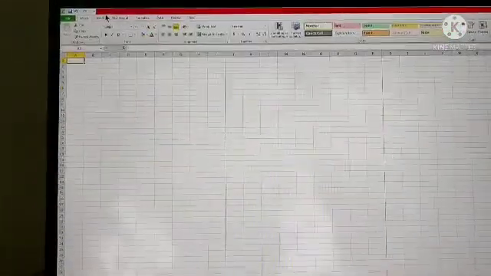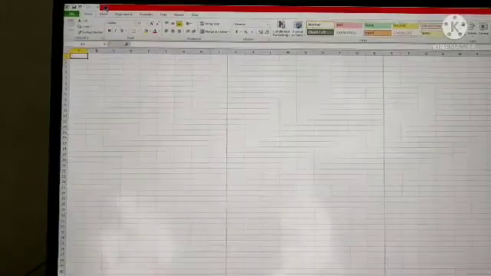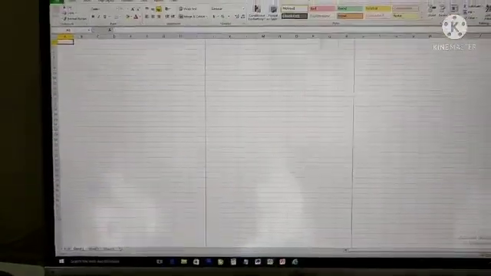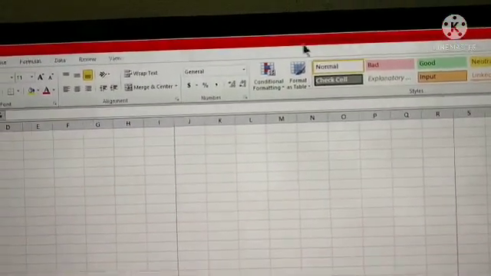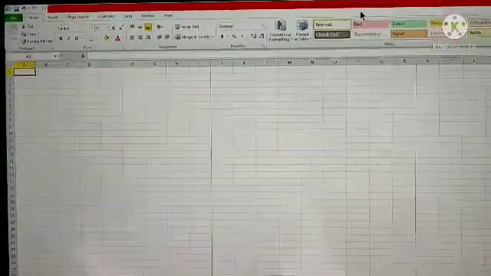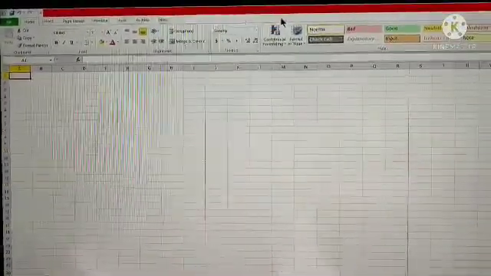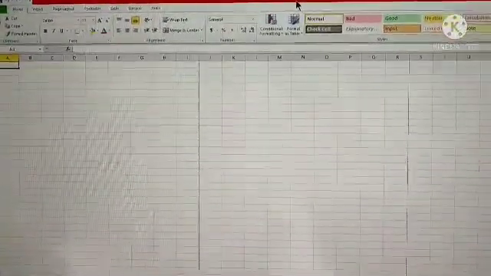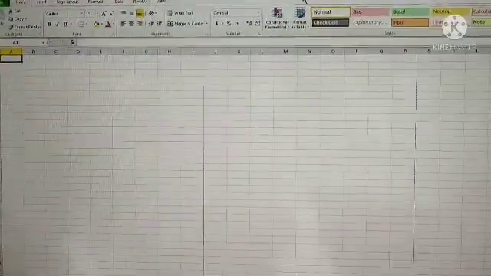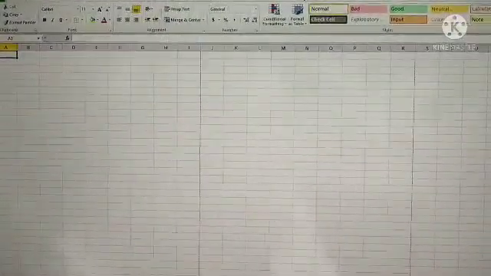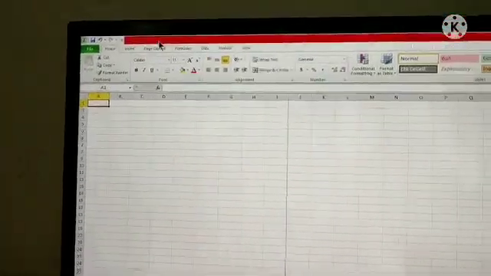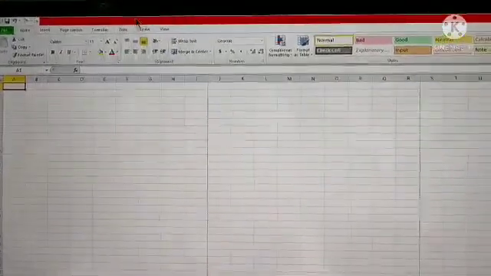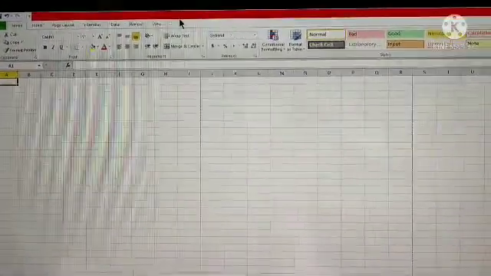So now we will learn what is the title bar. Here you can see this is known as the title bar. So what is it? The title bar appears at the top of the window. It displays the name of the current workbook followed by the name of the program. It also contains minimize, maximize, restore down and close buttons on the right side.